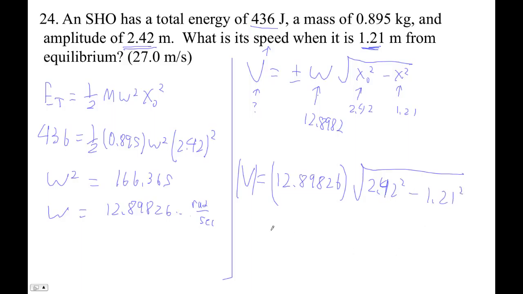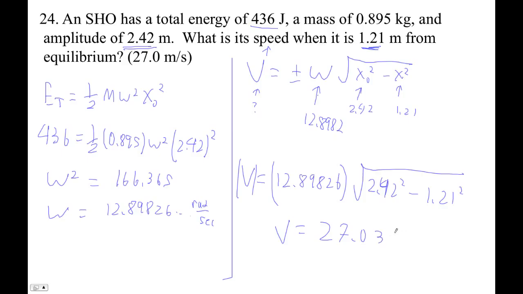All right, that guy times the square root of parenthesis 2.42 squared minus 1.21 squared. I'm getting kind of stir crazy from this. All right, my speed is